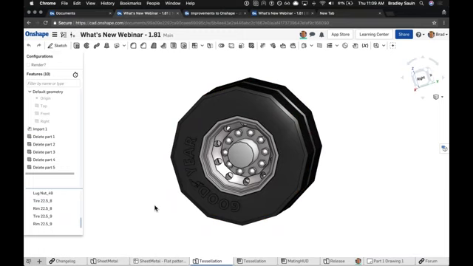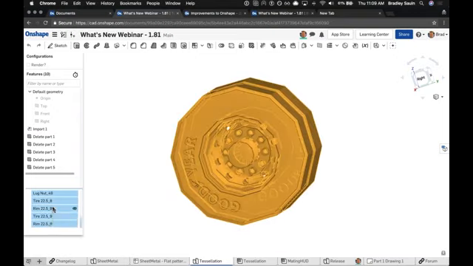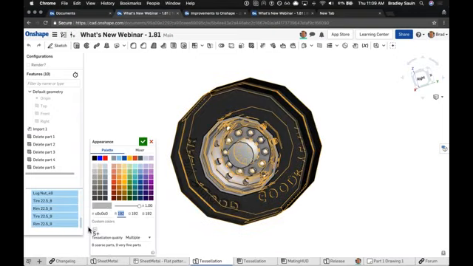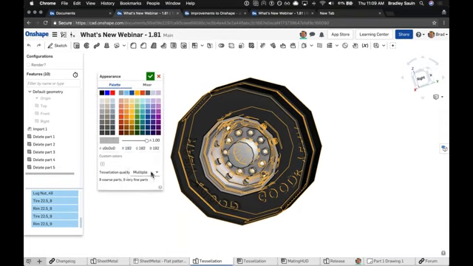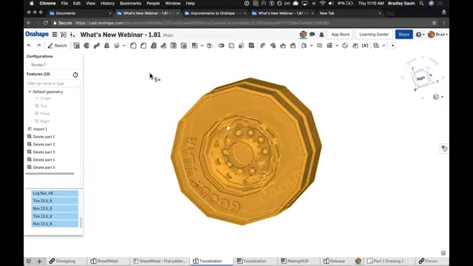Now across the Part Studio and Assembly space, you can actually come into your parts. So I'm going to select all of them with a Shift Select and actually edit the appearance of them. At the very bottom of our appearance now, we have the ability to manually force a tessellation quality to the design. Now, since this is under the appearance section, this is a part property of each of these components that